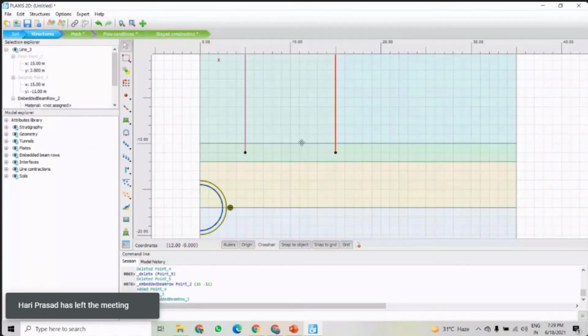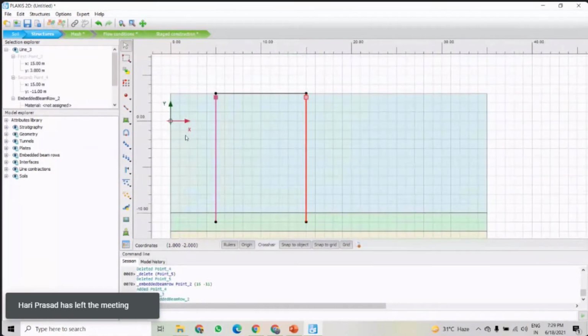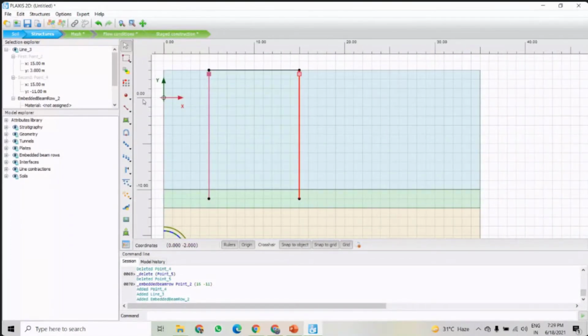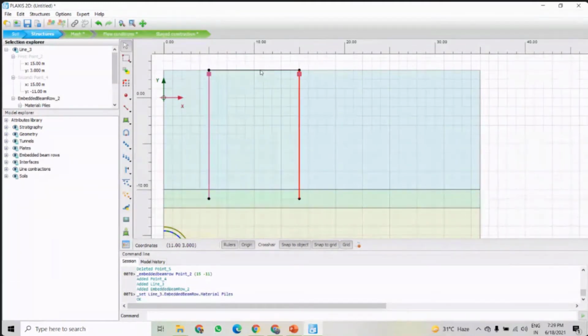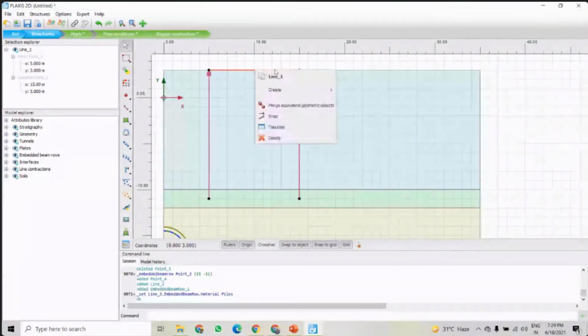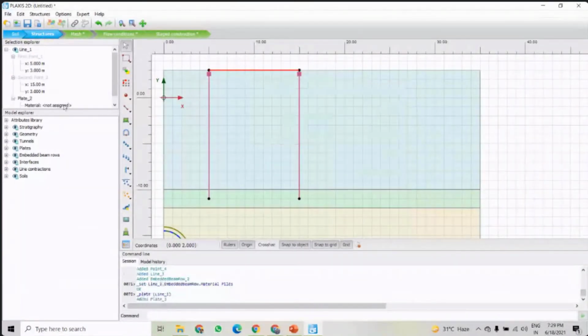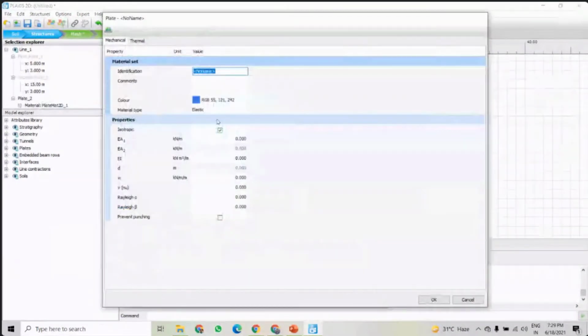So we can change in between also. If you see something, you can delete that, anything you can do. And I will provide the file option to it. So this one is the building option. So I create it as the plate and then assign its property.